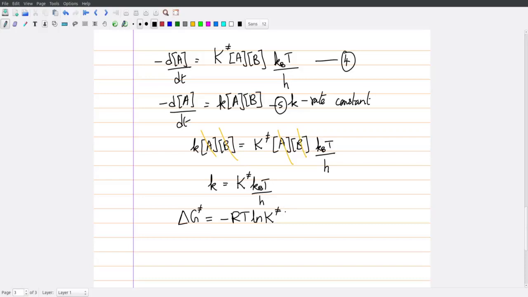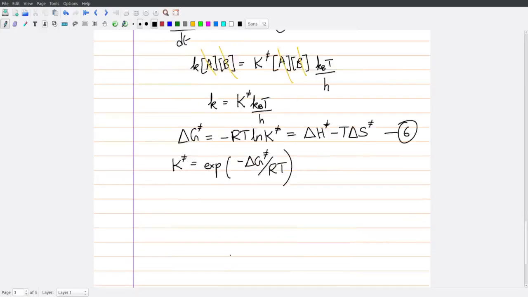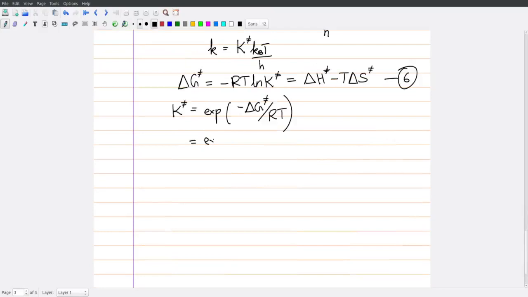And so, since delta G is also related to enthalpy and entropy, we can also write this as, now we can rearrange this equation as K dagger equal to exponential minus delta G dagger by RT, or this is equal to exponential minus delta G dagger by RT,